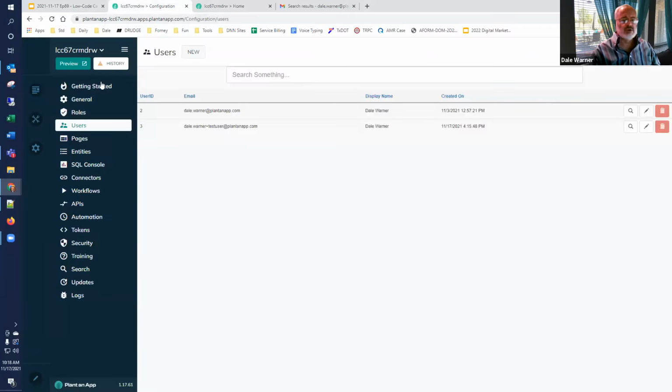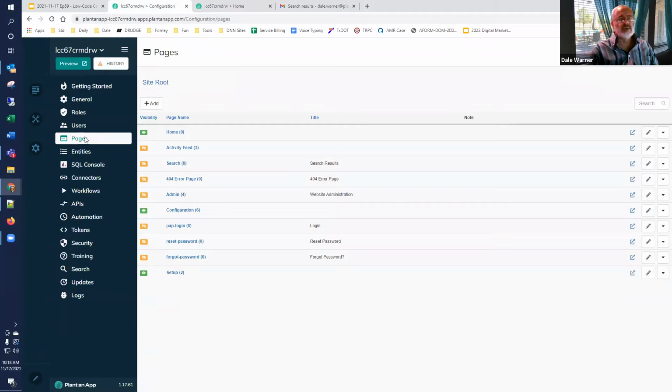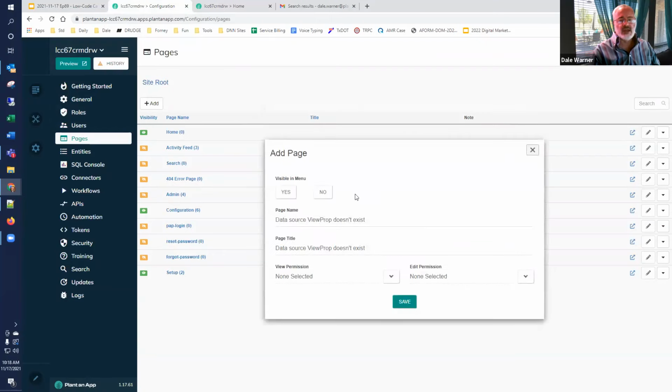Going back to our configuration, we have a pages interface. And so as I design my application, I'm thinking that I want to have a main function on the menu that is customer relationship management, or CRM. So on the site root part of pages, I'm going to click add. And this is something that is going to be visible in the menu. And the name of it is going to be CRM. That's the name of the menu option. The page title is going to be CRM